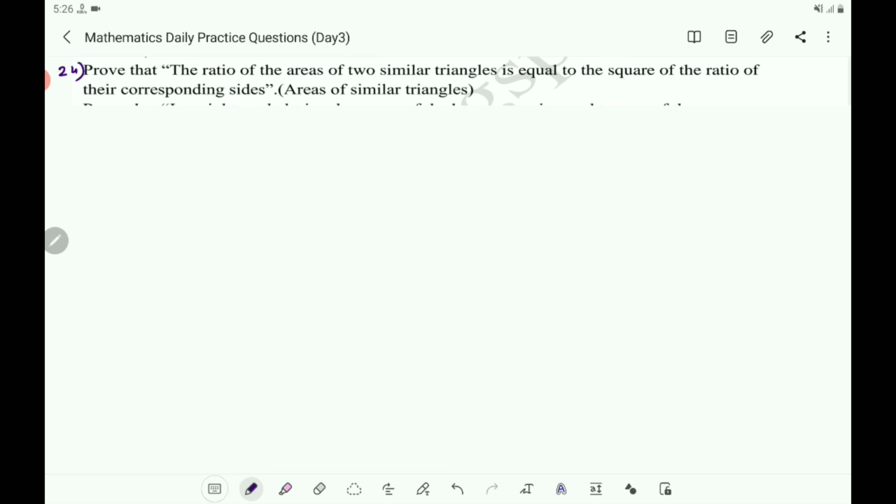So it is better to go through the video lessons of any one of these. Either go through the video lesson of the triangle chapter, or the video lessons of the previous year question paper solved. So children, learn the theorem. It is one of the important theorems. It may come for a 4 marks question or a 5 marks question.